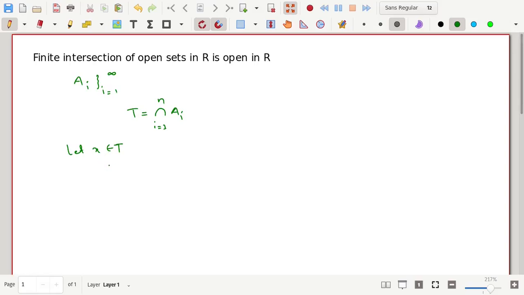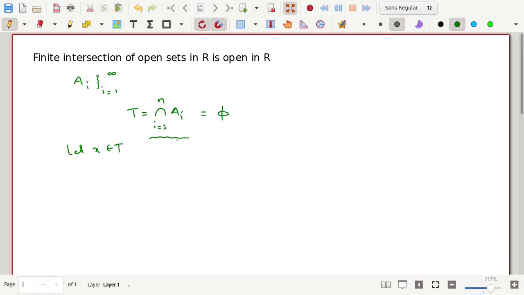Since x belongs to T, and this T is the finite intersection of open sets in R, this finite intersection also has the possibility that it might be an empty set.